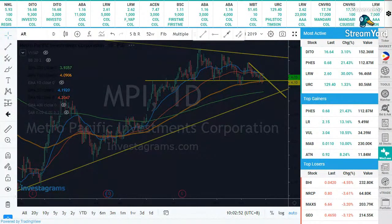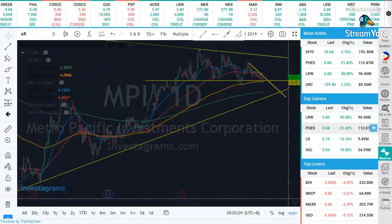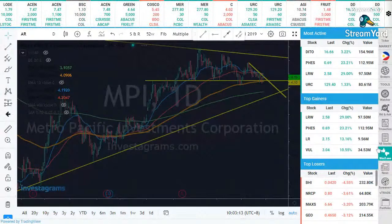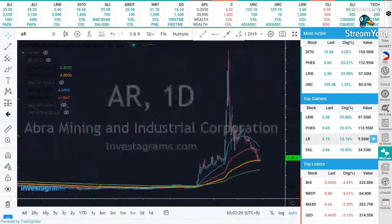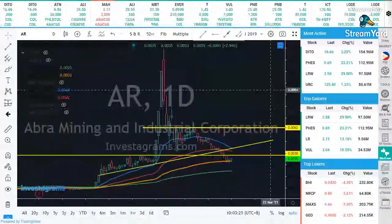We'll see ER. As of 10:02, LRW is still the top gainer, and MEG is red, and the NRCP is also red. Max is red. URC is up. C is now again red, 4.02. Tech is now, if you see ER Abra Mining,